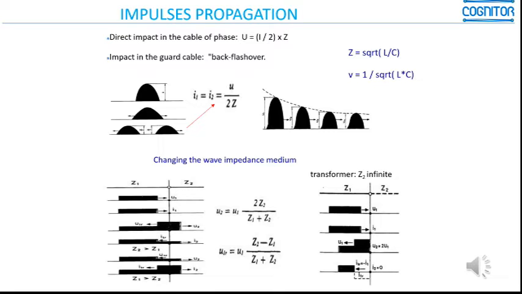When one of these waves arrives at the substation, for example at a transformer or some other kind of wave impedance medium, part of the wave is reflected back to the line, and part of the wave continues ahead. In such a situation, the distance of the lightning arresters to the transformers that need to be protected shall be very well calculated to avoid that these reflections produce a bad effect.